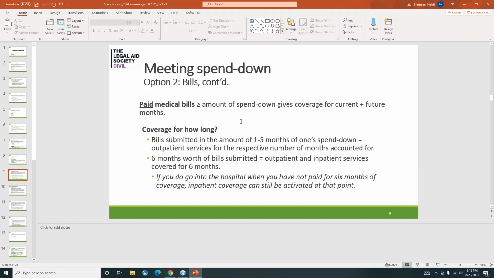And then again, 6 months worth of bills submitted will equal outpatient and inpatient services for 6 months. Now, if someone doesn't have inpatient services because they haven't submitted 6 months worth of their spend down amount, then inpatient coverage can still be activated at that point if they were hospitalized.